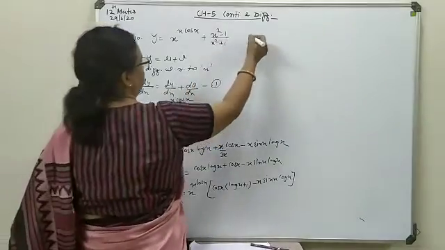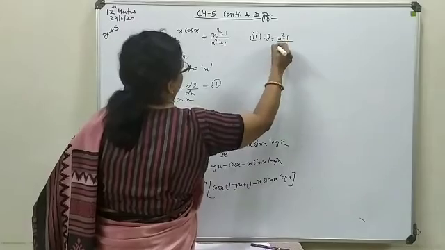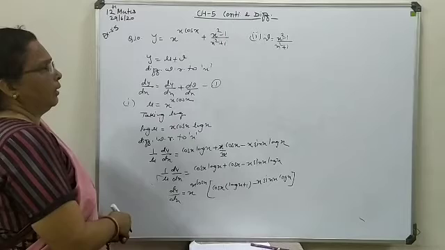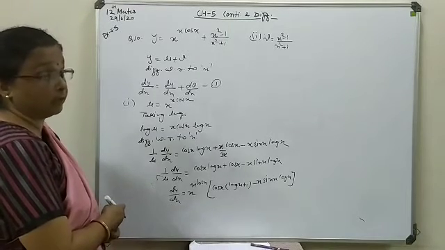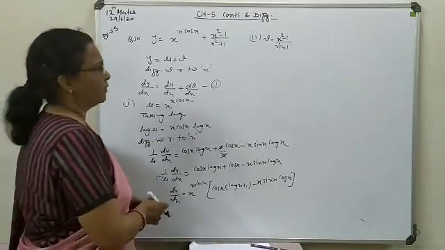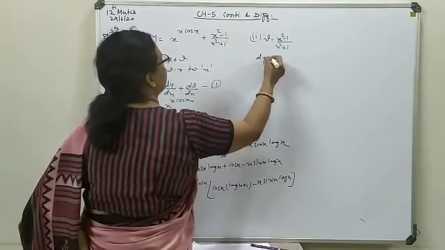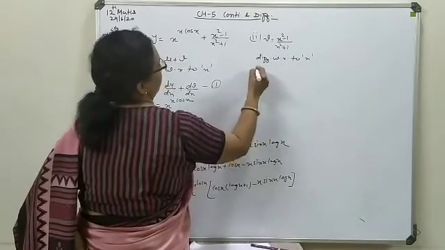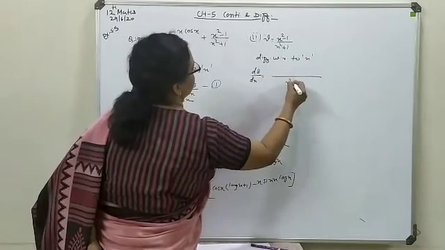Now move to the second part, v, x square minus 1 upon x square plus 1. Here no need to take a logarithm. Direct it can be proceeded as f by g form, and here if you want to take the logarithm, that also is possible. M minus n form it is to be written. Both will give you the same answer form. So here direct we will move for differentiate with respect to x, f by g form. So dv by dx will separate out, g square,